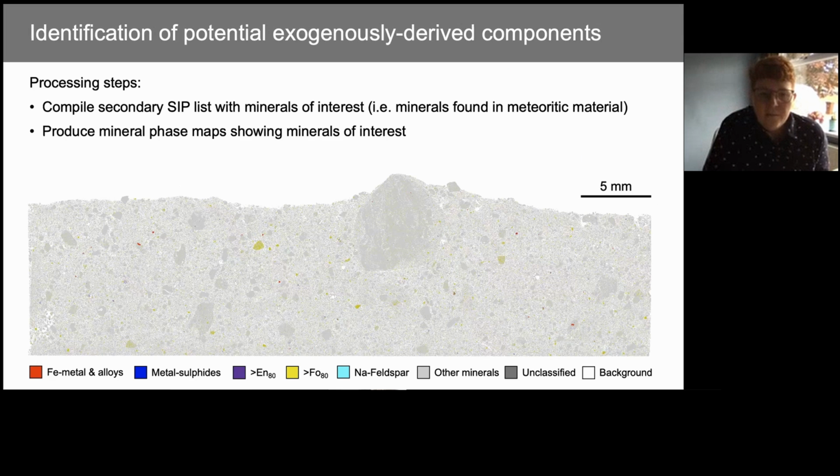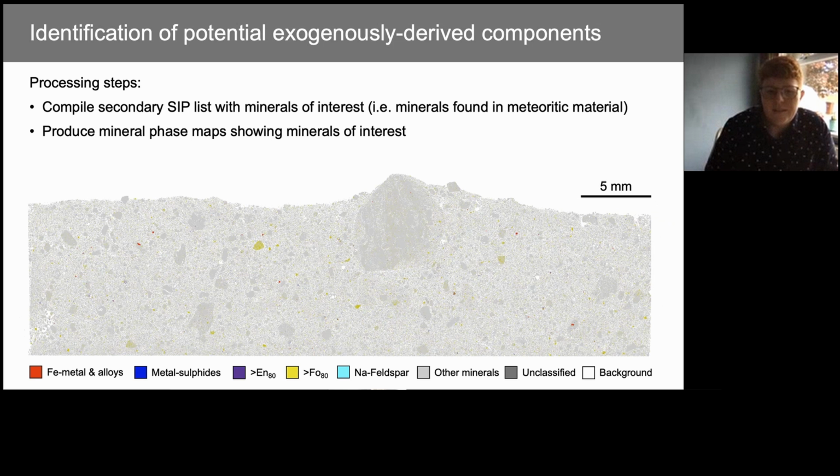So if I move on to some of the more complicated work that we've been doing with the ChemScan processes, modal mineralogy is a fairly standard tool, but it took a little bit of working out the best method to identify these potentially exogenously derived components, by which I mean things such as meteoritic material that might have been within the regolith. So what we did was compile a secondary list of minerals of interest. Just like I grouped some minerals together to show you a very simplified legend on that first ChemScan image, we did a very similar thing in the ChemScan software and grouped minerals of interest together,